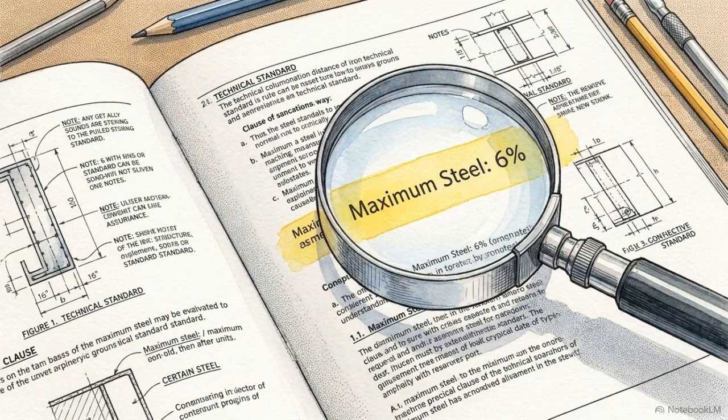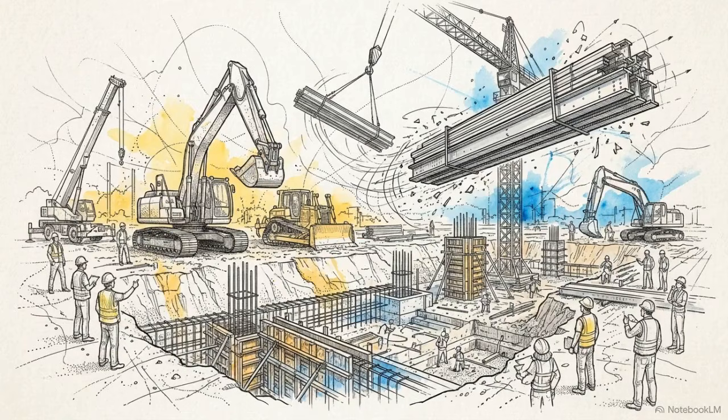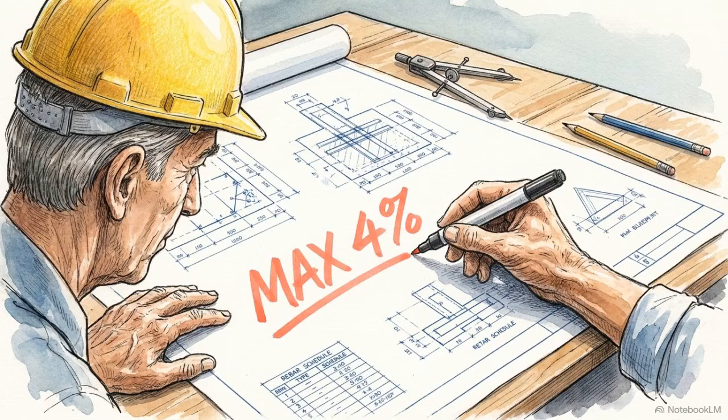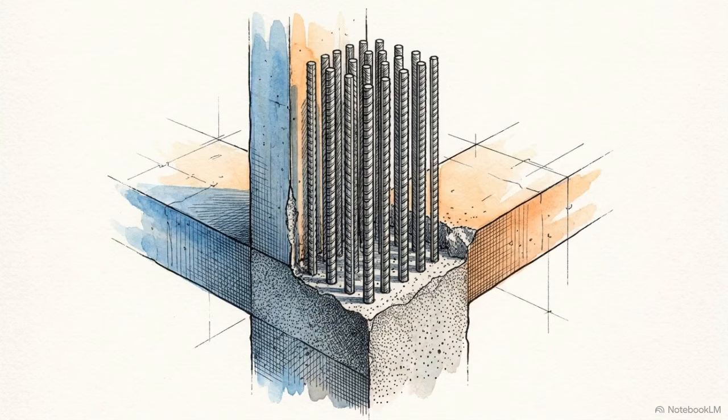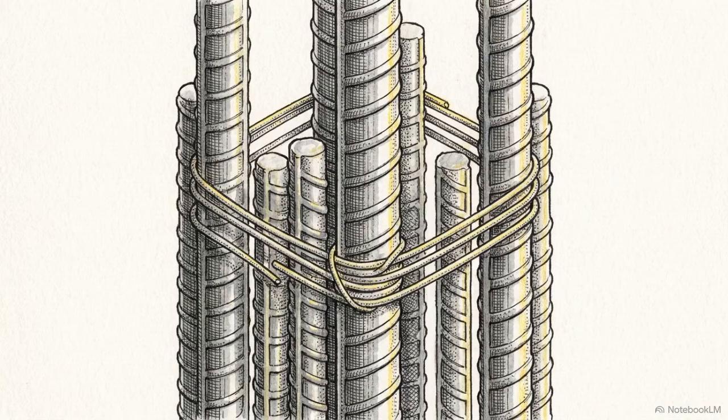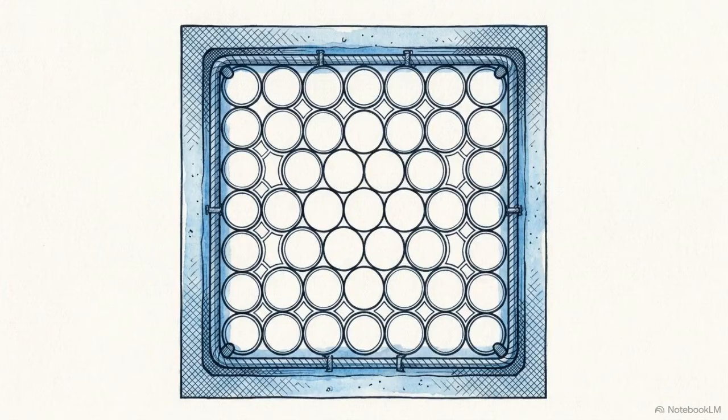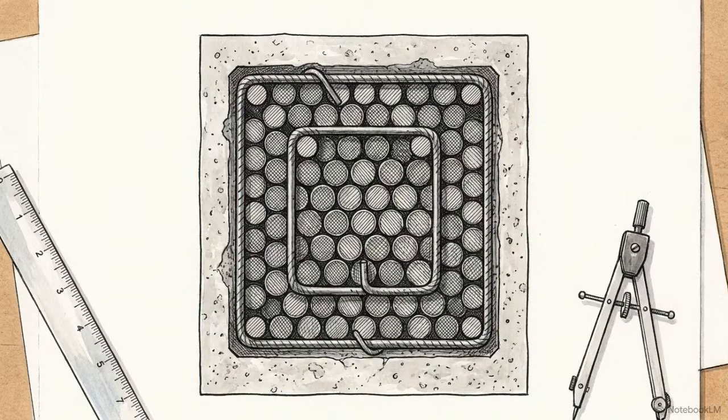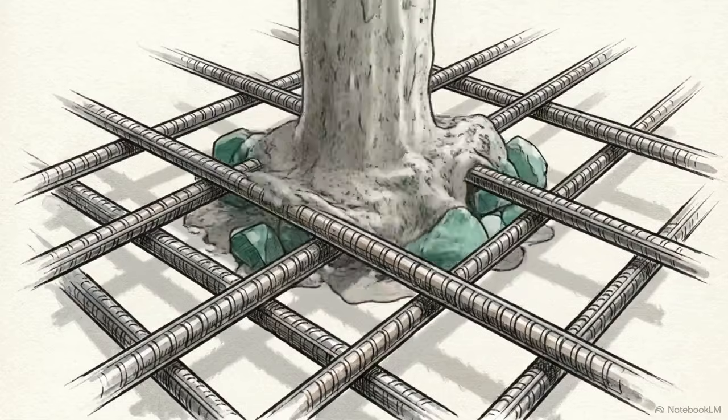While the 0.8% minimum is strictly enforced, IS 456 allows for a theoretical maximum steel volume of 6%. Site reality often overrides this theoretical limit, leading experienced structural engineers to cap column designs at 4%. This unwritten rule is driven by the lapping zone, the critical area where 2 vertical rebar cages must overlap to extend the column's height. A column designed at a 6% steel ratio will double to a 12% density within this